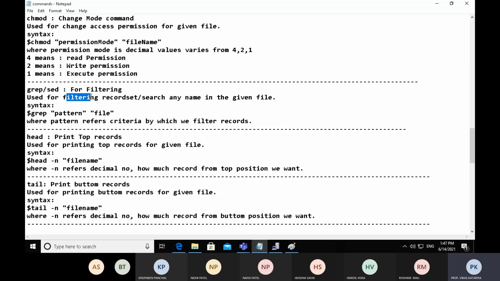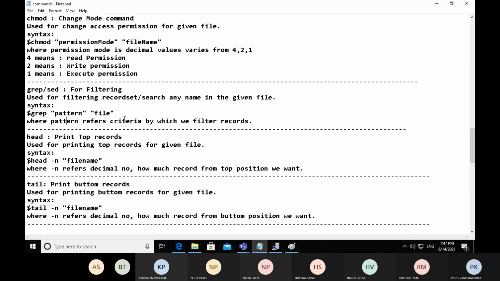So this is the syntax of grep: grep command followed by the pattern, which is what you want to search, and the file, which is the source file. So we have to provide two things to a grep command.